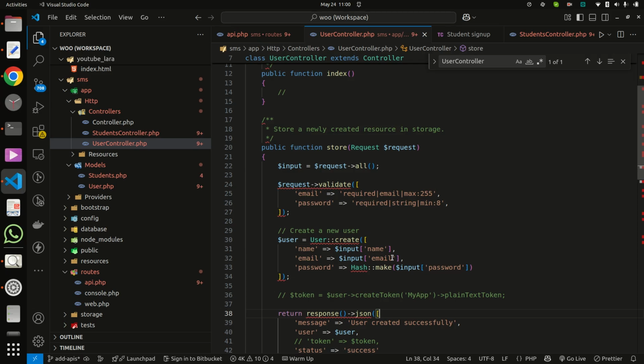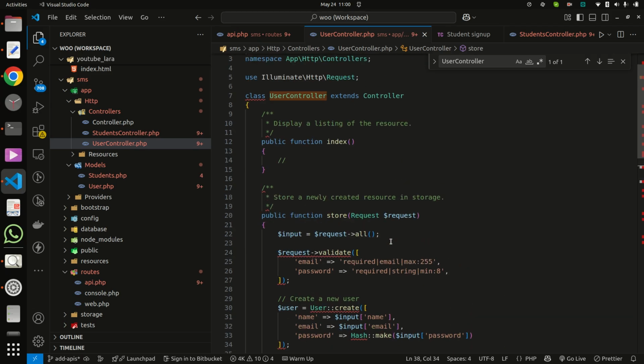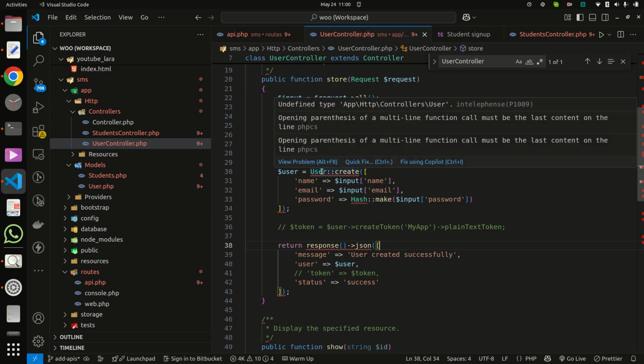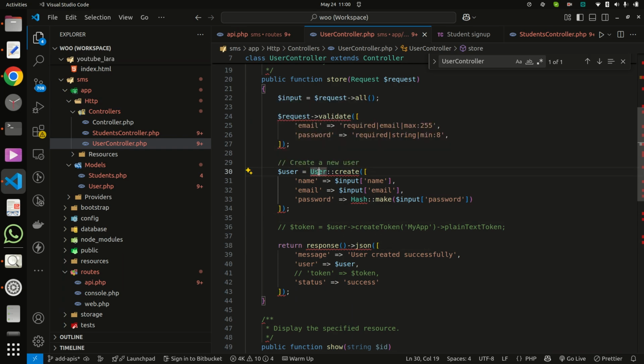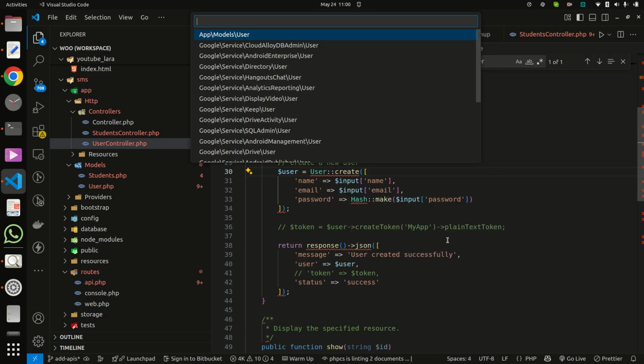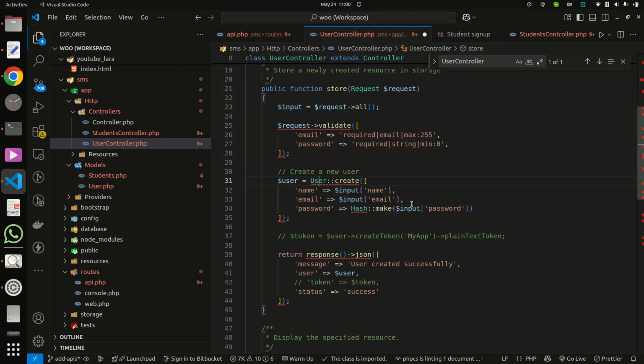Okay, fine. Now for store we should use this model. So import the namespace. Now it is fixed,